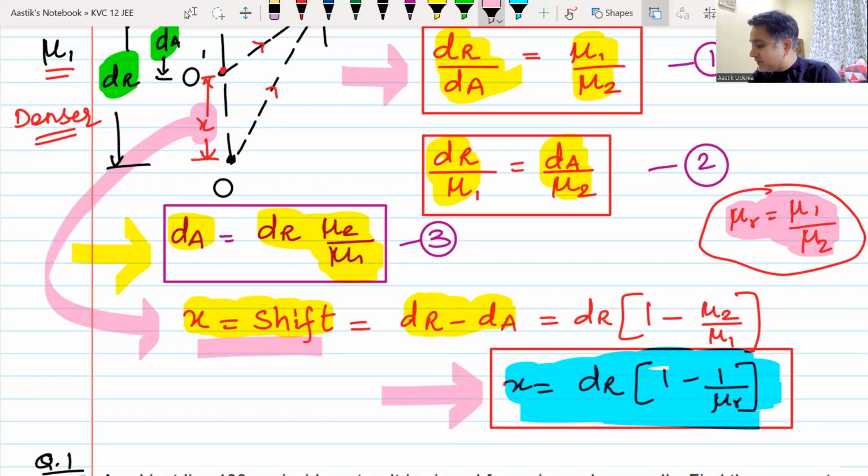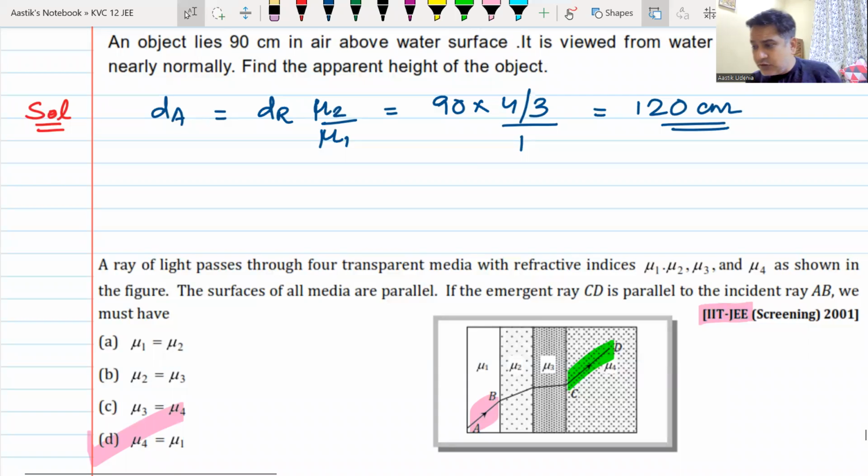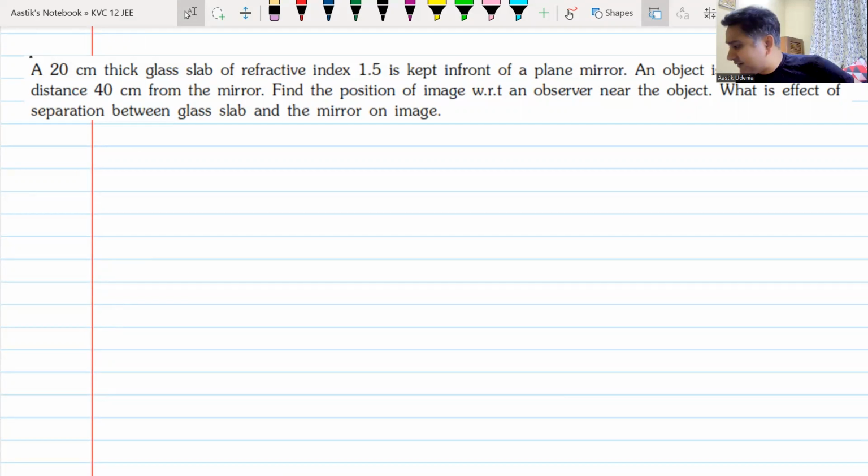We had seen some problems and we had seen a problem of JEE as well. And I told you that when light passes through parallel slabs, if the first medium and the last medium are the same, it will always emerge parallel. The first ray is known as the incident ray, the last ray is known as the emergent ray. Do we remember this? Okay. Then I think we were dealing with a problem, and that is where we ended our class that day. And that problem was like this: